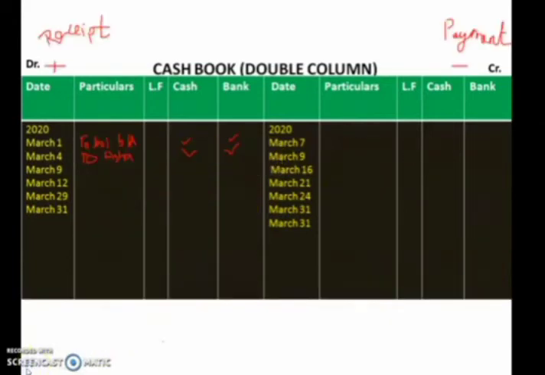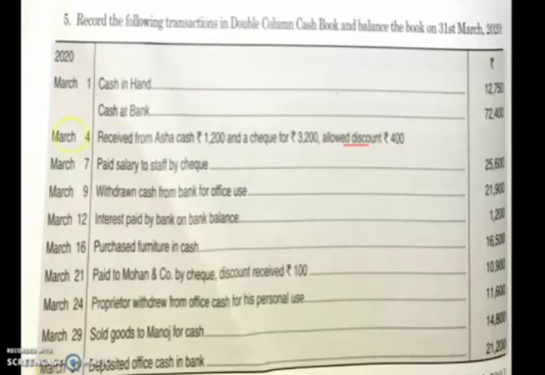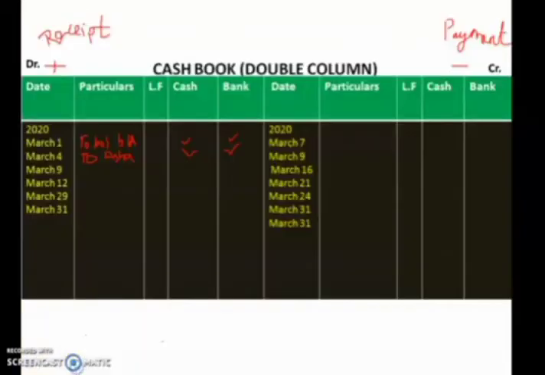Now the next question is March 7th, paid salary to staff by check. Payment means what? It's a payment for you. So you paid salary and that is paid through a check. 25,600 is the amount. So let us show it in this entry. It's March 7th where the transaction is taking place. I have already written the date. Here you will write By,